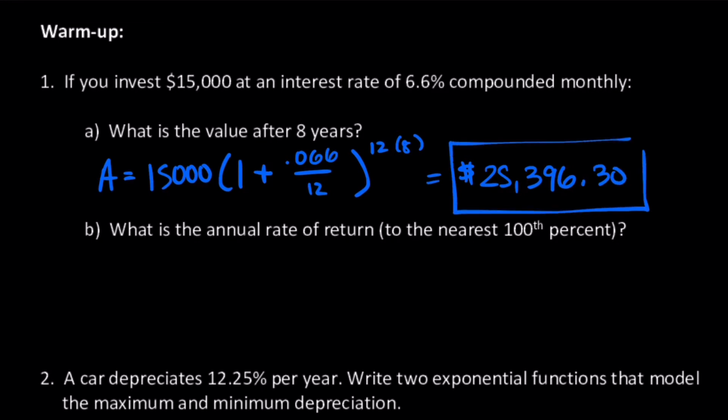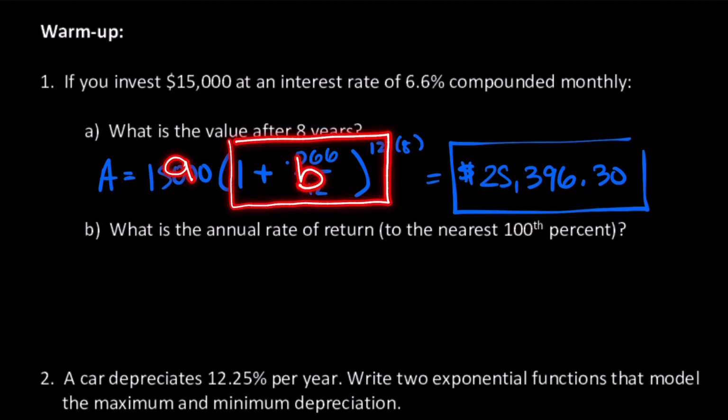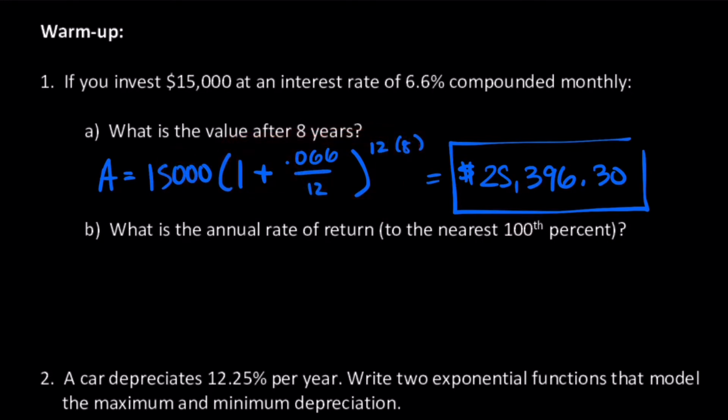Part B, what is the annual rate of return to the nearest thousandth percent? So notice in the last lesson we talked about, if it just says annual rate of return, you just give the common ratio. But if it goes ahead and then says to a percent or a decimal of a percent, then you would round that to the nearest hundredth. So in this case, annual rate of return, we need the B value, which is this term right here. Here's your A, this is your B, and that's your X, the T, the time. So all I really need to calculate here would be this 1 plus 0.066 over 12 to the 12th, and that's